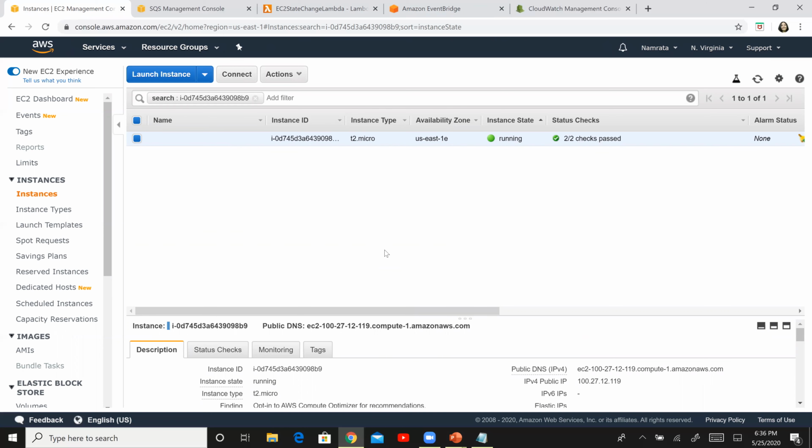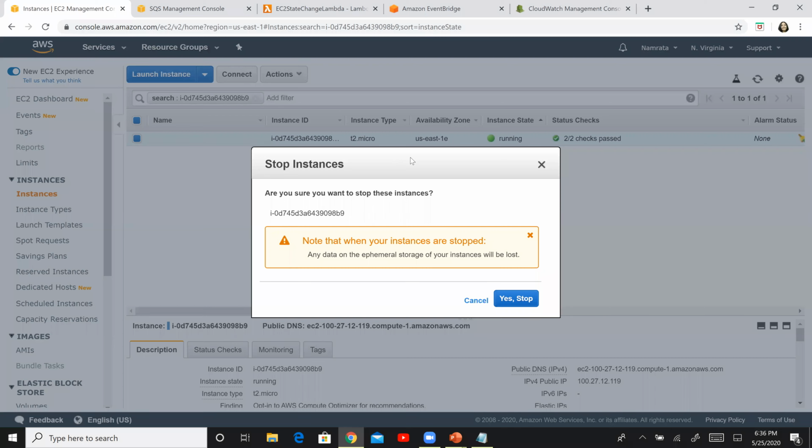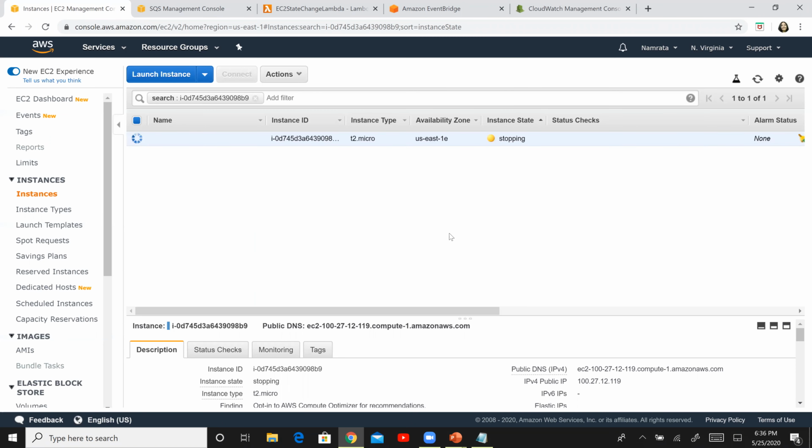So there are a bunch of 4 states in total during which our rule will be effective. So let us go ahead and now stop this instance. I'm going to click on stop, say yes, and this should have actually triggered that particular rule.